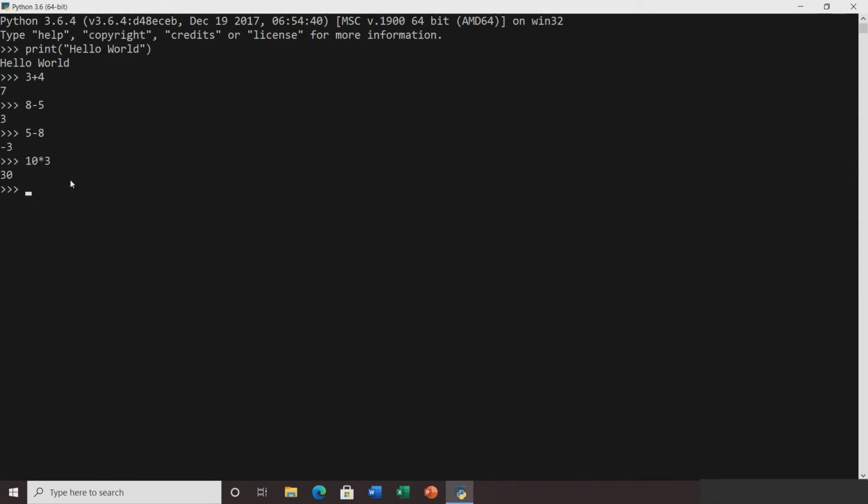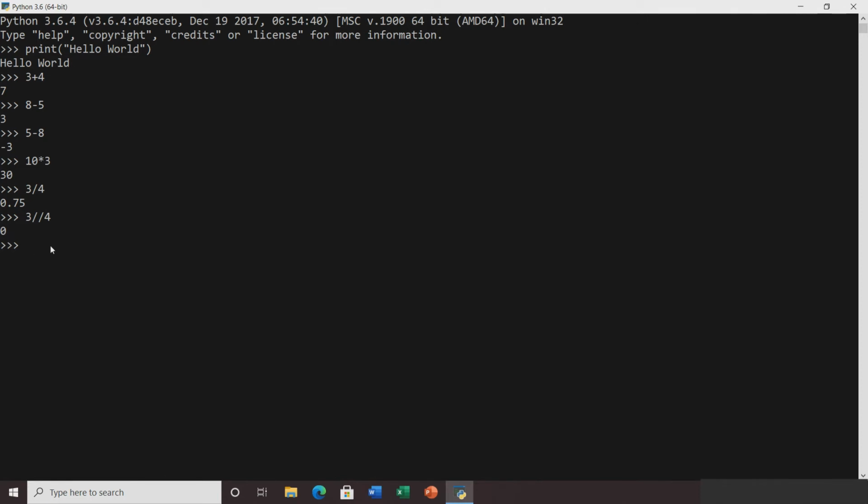For division, let's say we write 3 divided by 4, enter. We get 0.75. This number is a floating point number, that is, we use a point here, 0.75. If you don't want your answer to be such a floating point number but a whole integer, then you can use 3 // 4. It will remove this point and this 75. It will give you only the integer number. This is the double forward slash you can use to get the whole number.